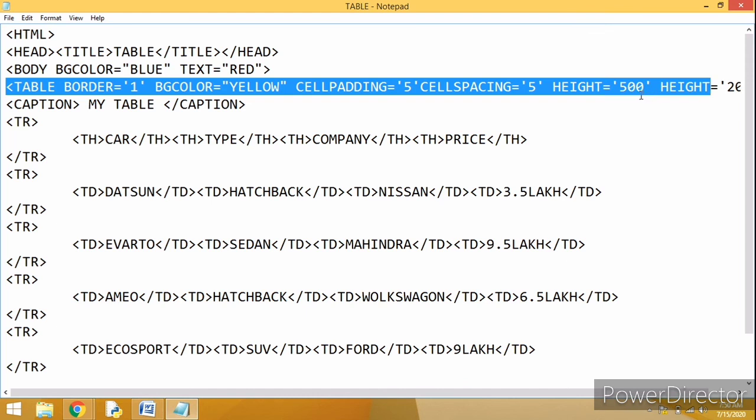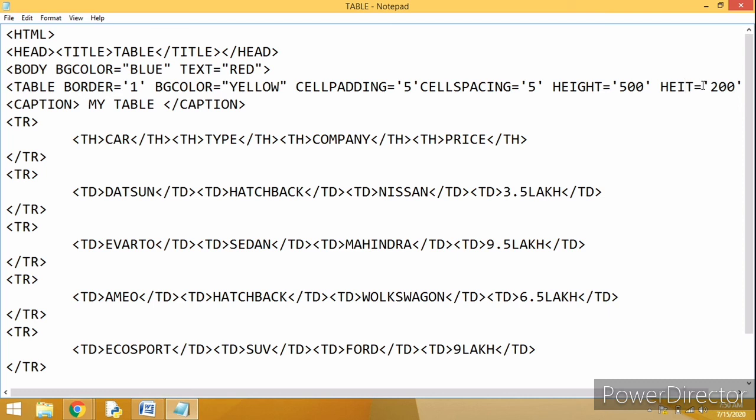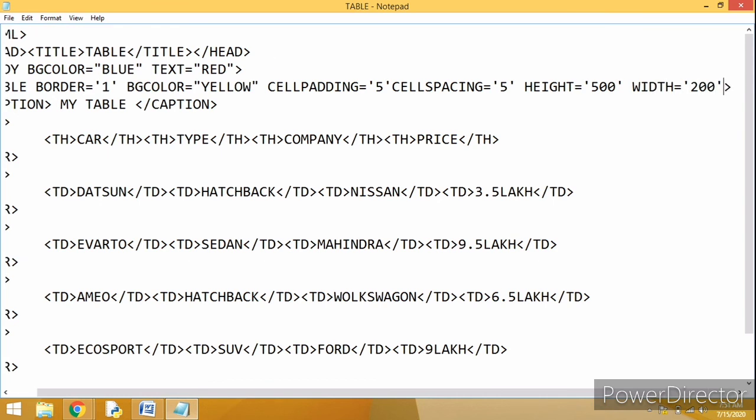Let us again know about it. The very first is border, second is BG color, background color, then we have cell padding, then we are having cell spacing, then we are having height and width, isn't it? So we are having height and width for a table.